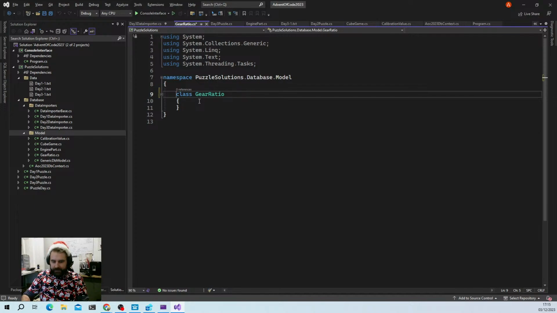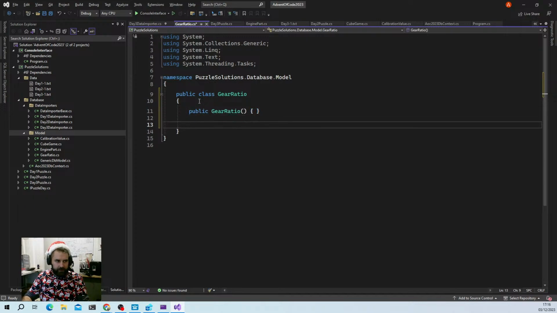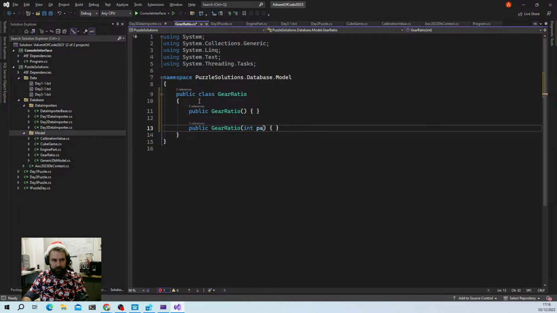So this needs to be public gear ratio. We're also going to have a constructor that takes the part numbers. So we're going to say int part 1, int part 2,